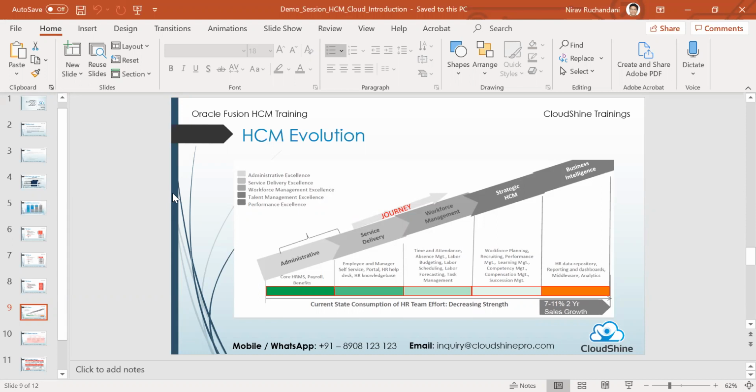And basically, one of the reasons or one of the advantages that it brings in is, of course, that it reduces the effort on the part of the HR team. And the second thing it brings with these changes or shift that has happened is that it engages the employees and the managers, and gives them a transparent view of what's happening within the system, and what they can do with their careers as well. So the focus has shifted from being an administrative solution to being a more employee centric or people centric solution over the years.